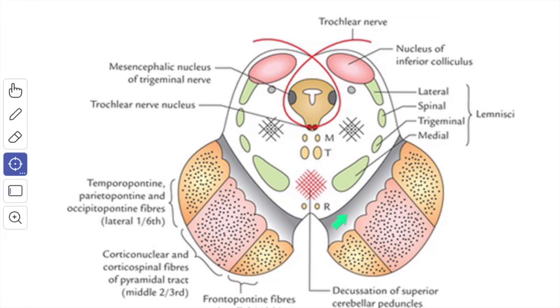Next we'll see about the substantia nigra. The substantia nigra is a curved, crescent-shaped pigmented band of grey matter. It is thicker medially than laterally, situated between the tegmentum and the crus cerebri. Its concavity is directed towards the tegmentum and it is smooth. From its convex margin, spiky processes project into the substance of the crus cerebri.